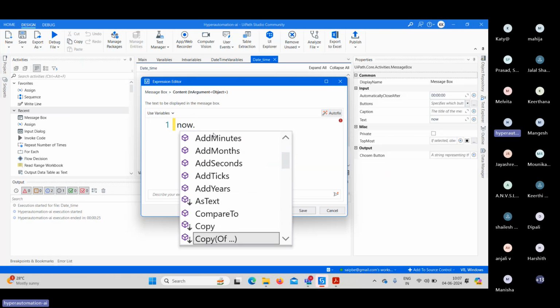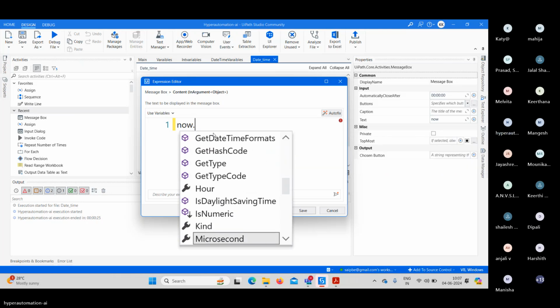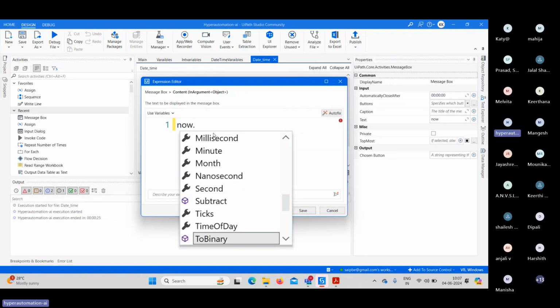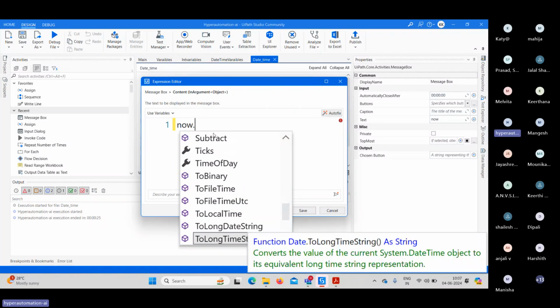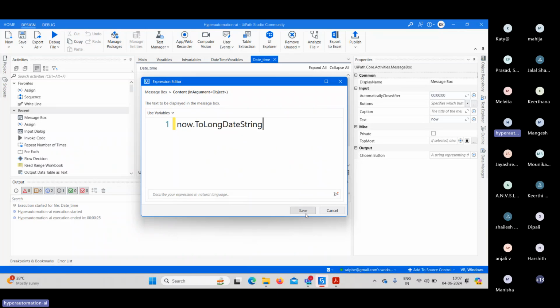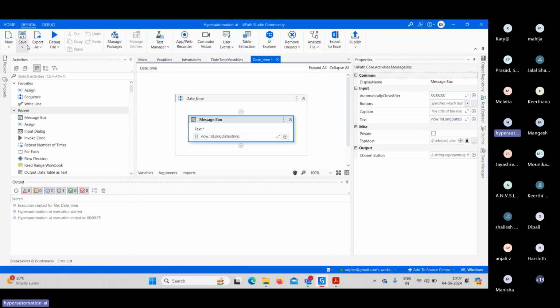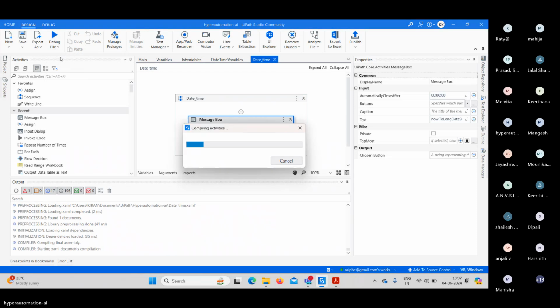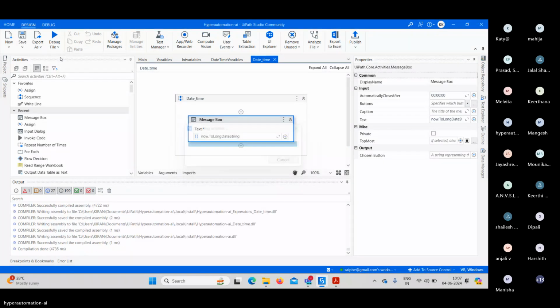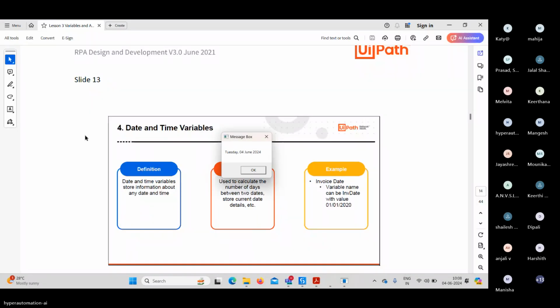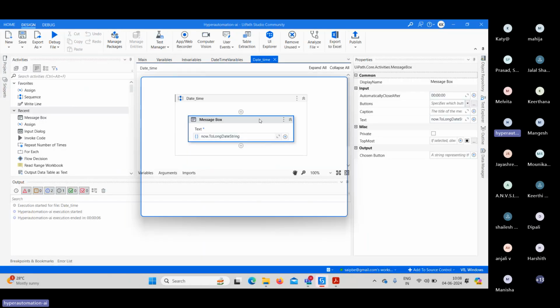These were the other methods. So I'll go with ToLongDateString. Let's see what this ToLongDateString will provide. So it says Tuesday, 4th June 2024, right? So let's say I want to get here only